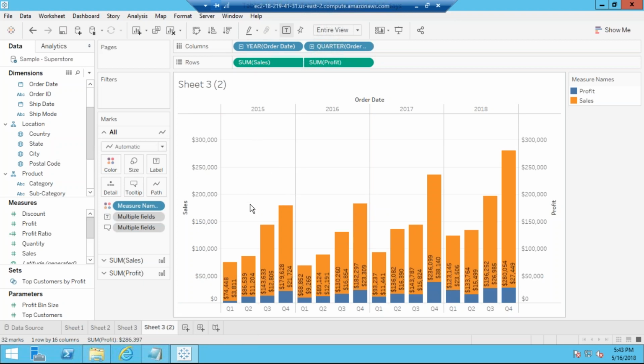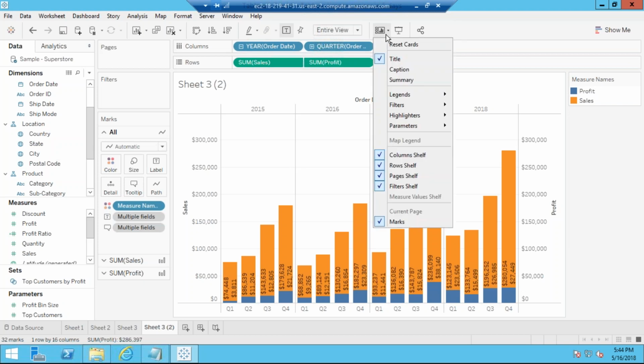If I want that on a dashboard, it should take a complete view, half page or full page, then I can go with the entire view option. Okay, here you have presentation mode. You want to see how it will look like, that you can do. So these are again different options under this row shelf, and we'll see them.